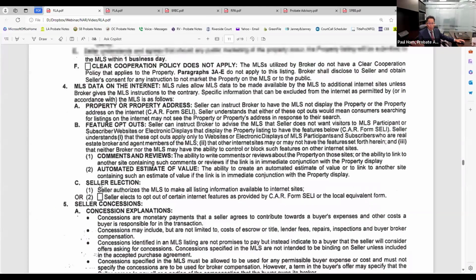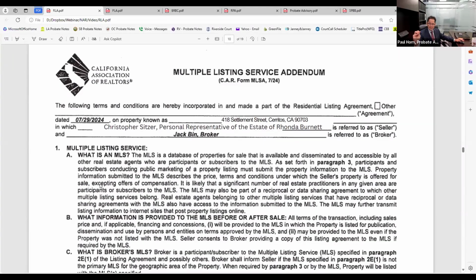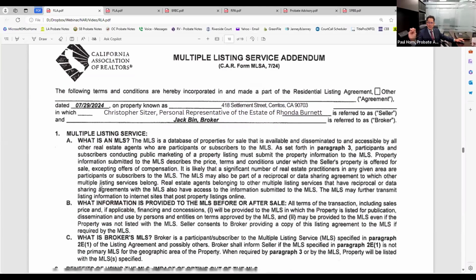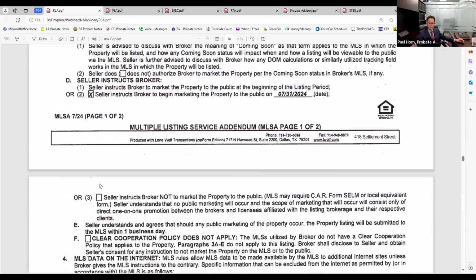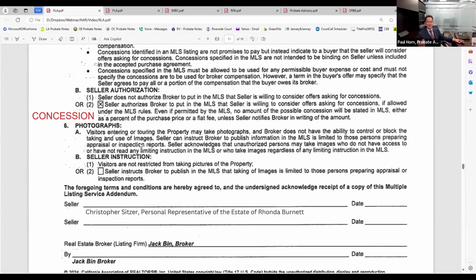So you go over this form with your seller, this MLSA, multiple listing service addendum, you go over with your seller, and specifically, perhaps you tell your seller, hey, there's a line item in this new form where, seller, if you tell me, as your listing agent, that you're willing to give a concession, then you're going to put an X right here. The default is no concession. So remember that, it's very important.